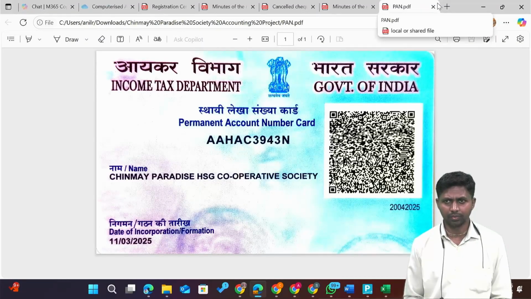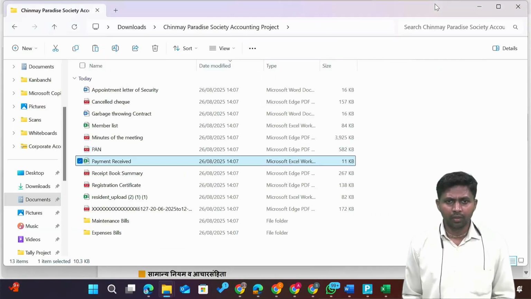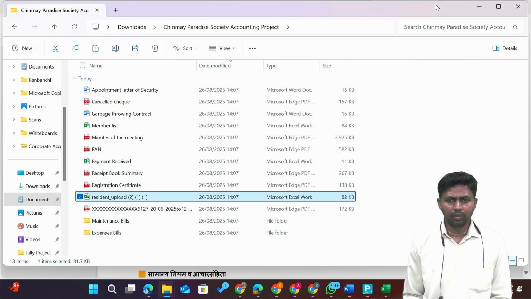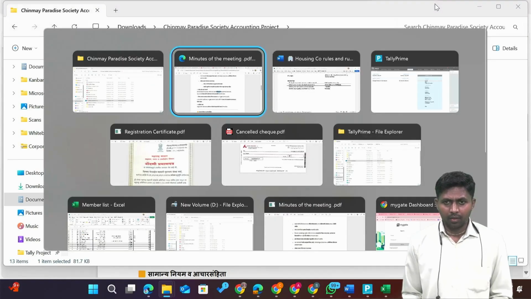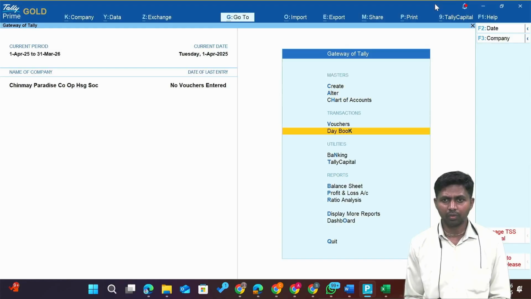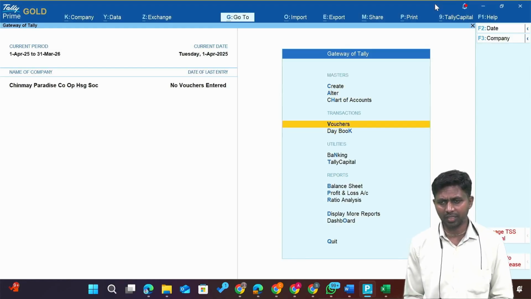This is the PAN of society. We have it. That means we have fulfilled the provisions. Then payment received here, all, bank statement and all. Okay, we can start with the vouchers, but before passing the actual vouchers, expenses voucher, maintenance voucher, that means